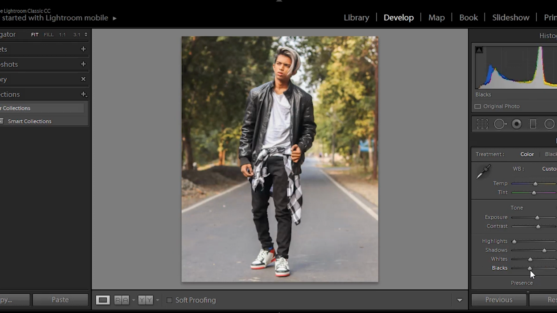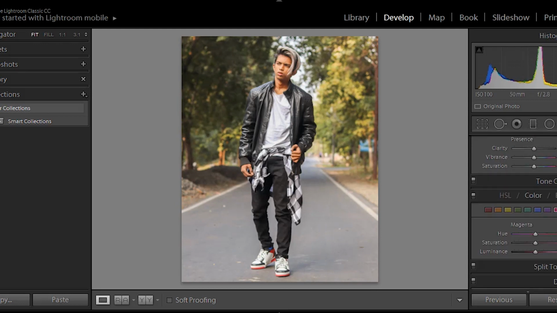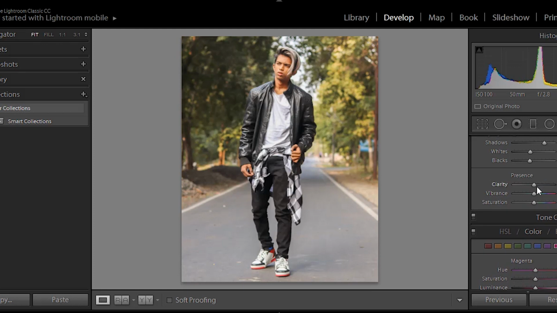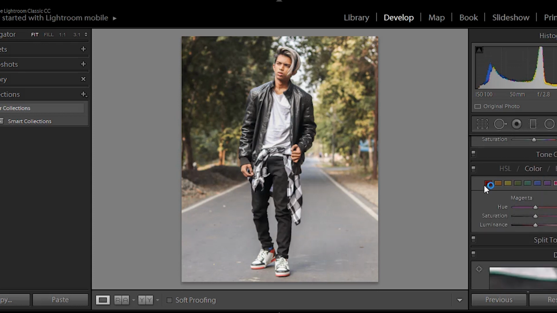Now next I'll reduce whites to -19, then blacks to -21, and here we're done with the exposure part of the picture. Now it's time to increase the clarity to +10, and I will reduce the vibrance to -26. Now I'll increase the reds. Now I'll mess with my skin tone with the orange color,